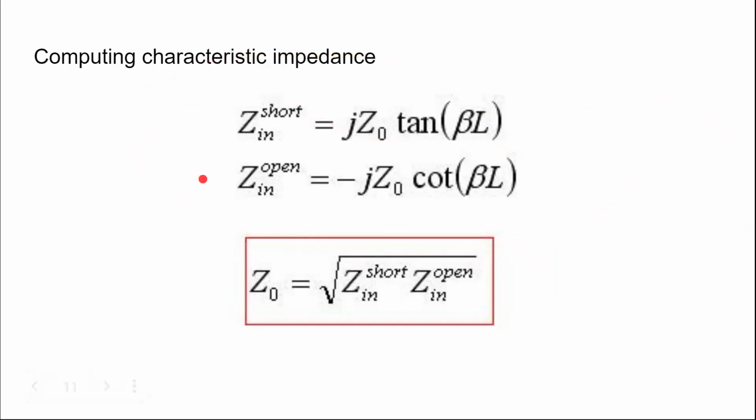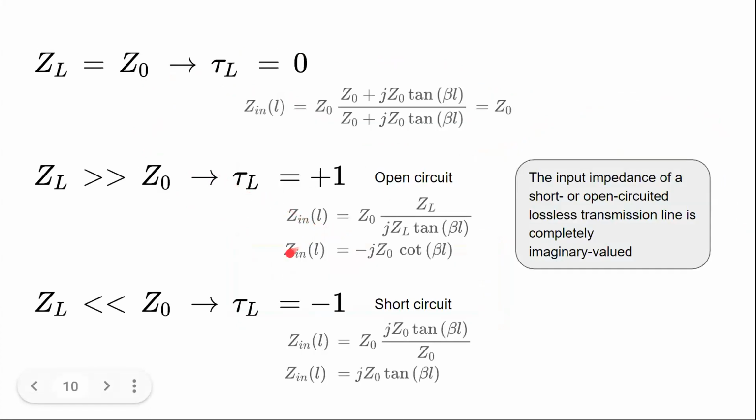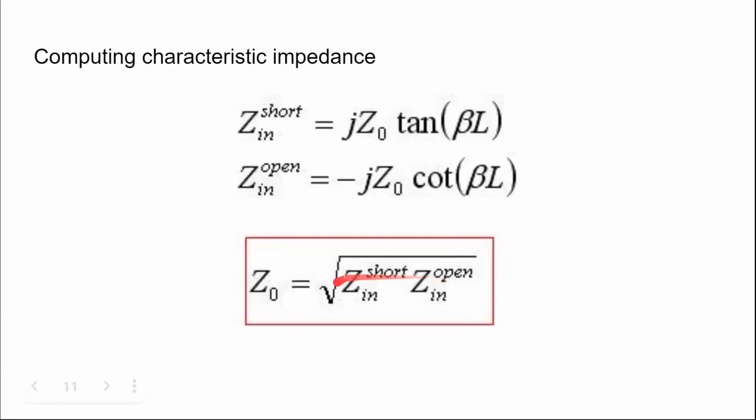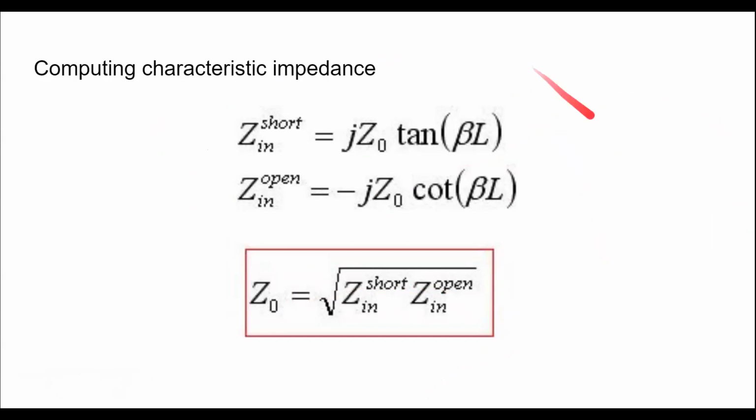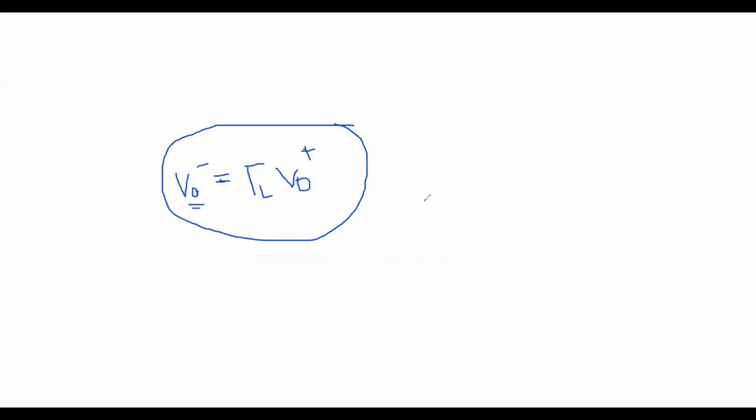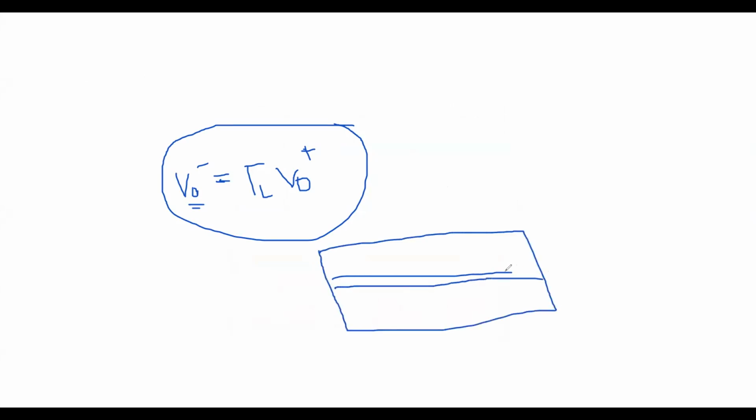So we can use this result that we got for the input impedance under short circuit and open circuit conditions to find the characteristic impedance, or Z naught, of a transmission line. So if we don't know the characteristic impedance of a transmission line, we can use this relationship to find it. That means for a situation where we have a microstrip line that we are going to use for one of our applications,